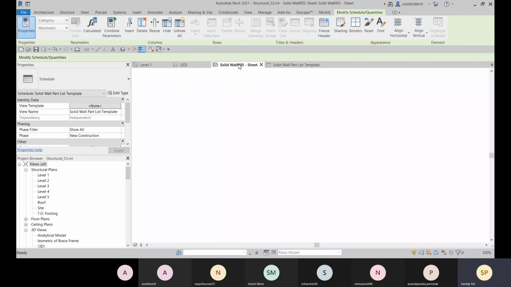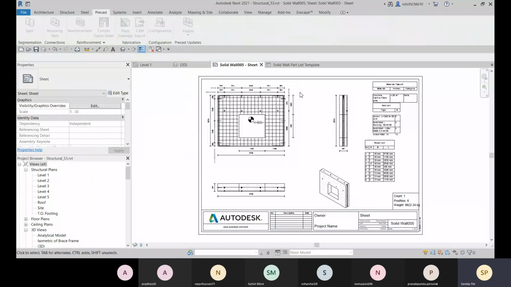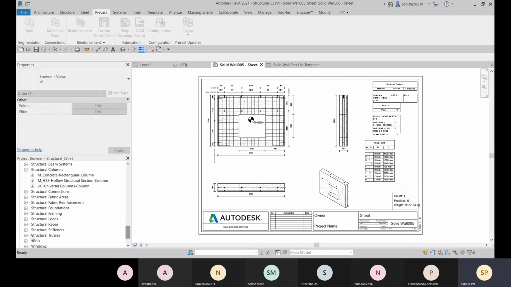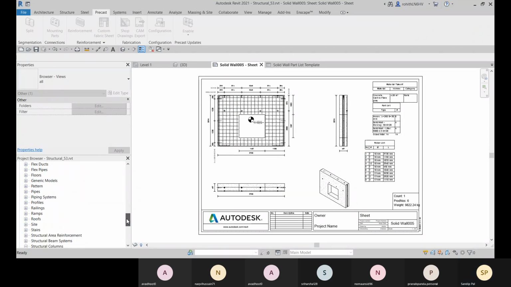All right, so here you can see that this sheet is created. You come down to the family list, and there you will get that structural precast.